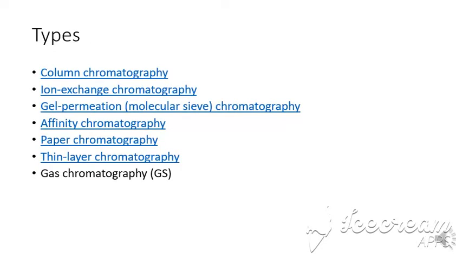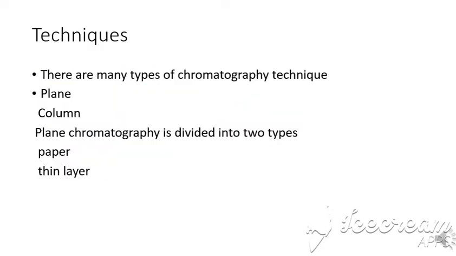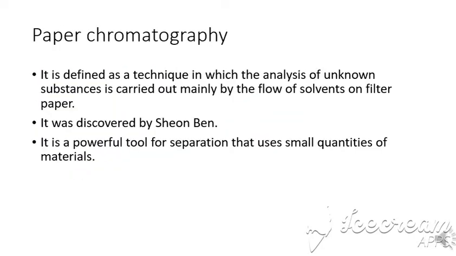Each and every type of chromatography depends upon just two phases, the mobile phase and the stationary phase. There are so many types, but our focus is paper and thin layer chromatography. Planar techniques and column technique are also very important. Now come to the point, paper chromatography. It's a technique which is used to separate or isolate components from the mixture on a paper. Stationary paper, on a paper, is called paper chromatography.